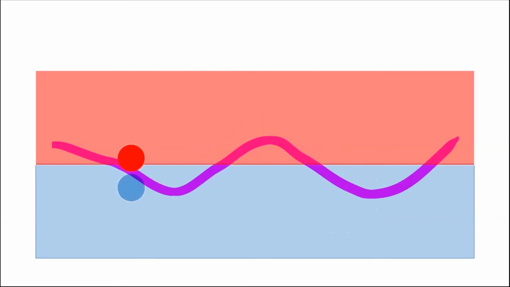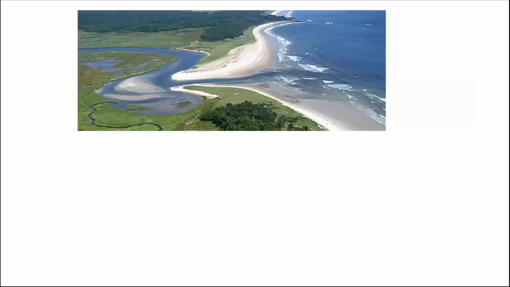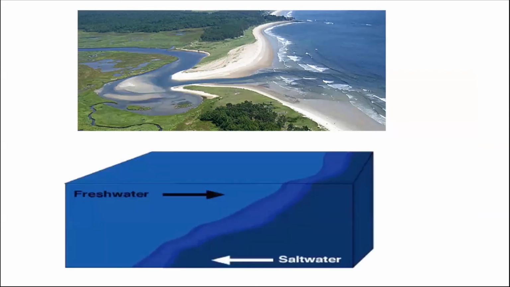So what are some applications of internal gravity wave, or where do you encounter internal gravity wave? If you have ever gone sailing in an estuary area, by the way, estuary is where river meets the ocean, and you will have a stratification situation there. Since the river is fresh water, it will go on top of the ocean water, which is salt water. And if you're sailing in here,